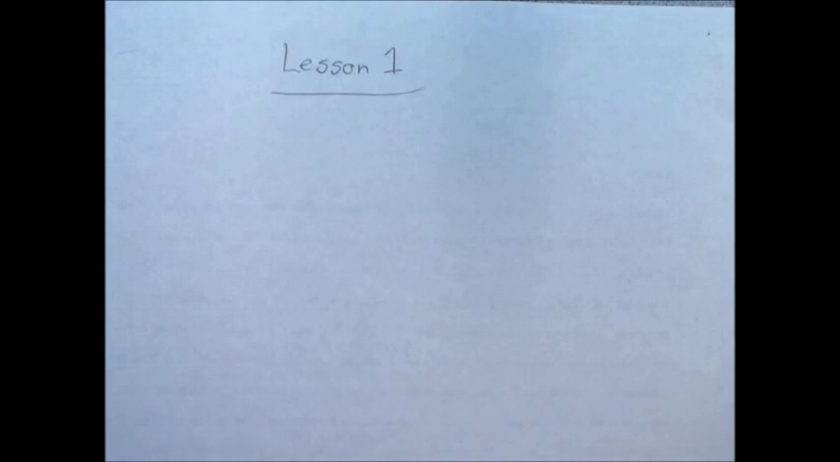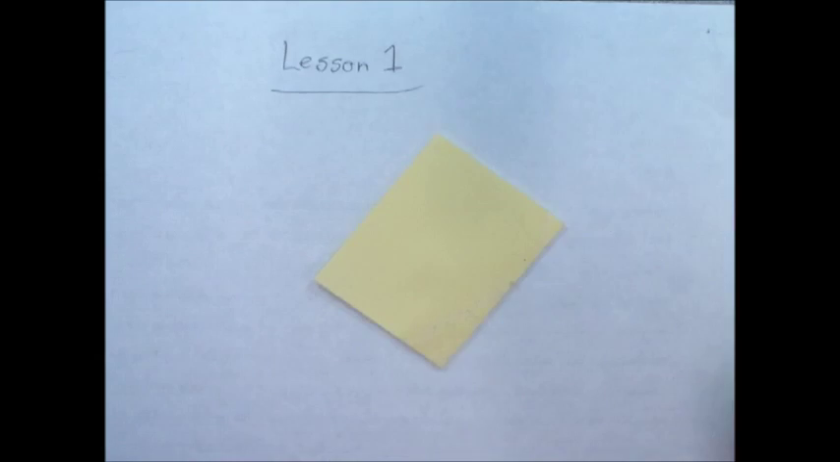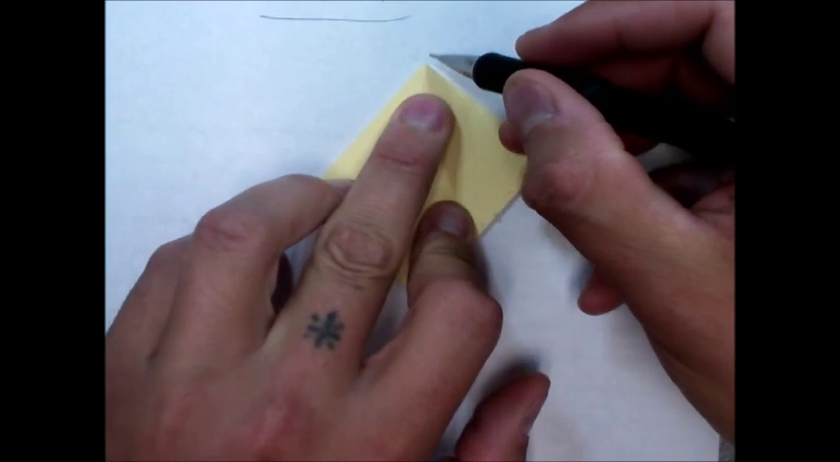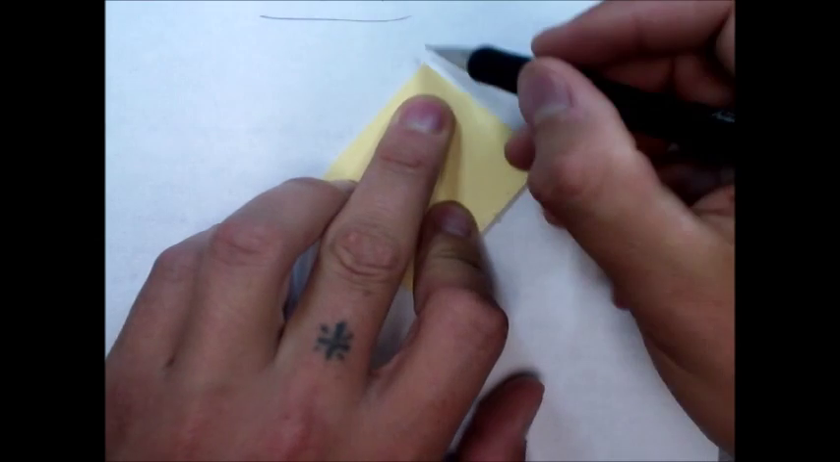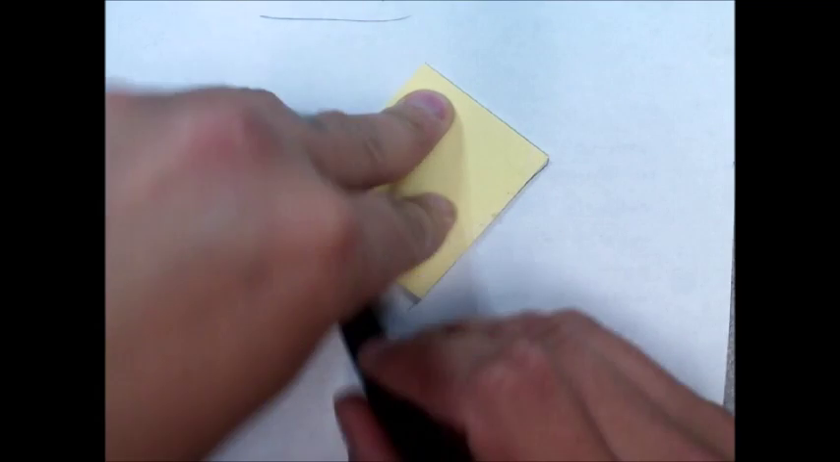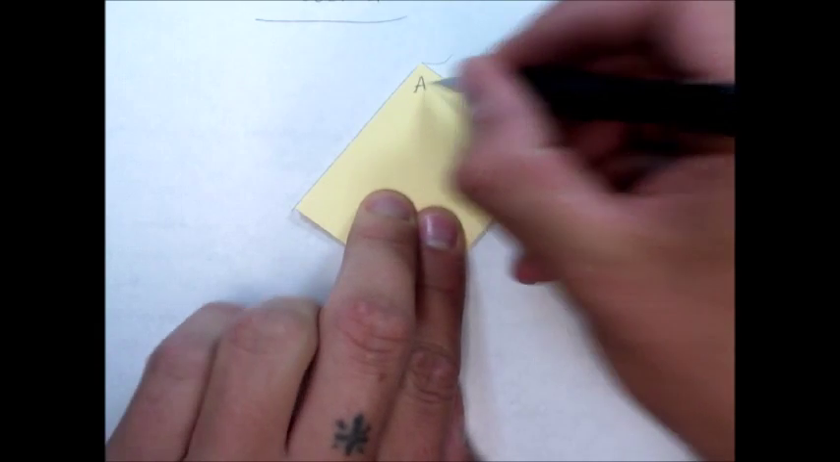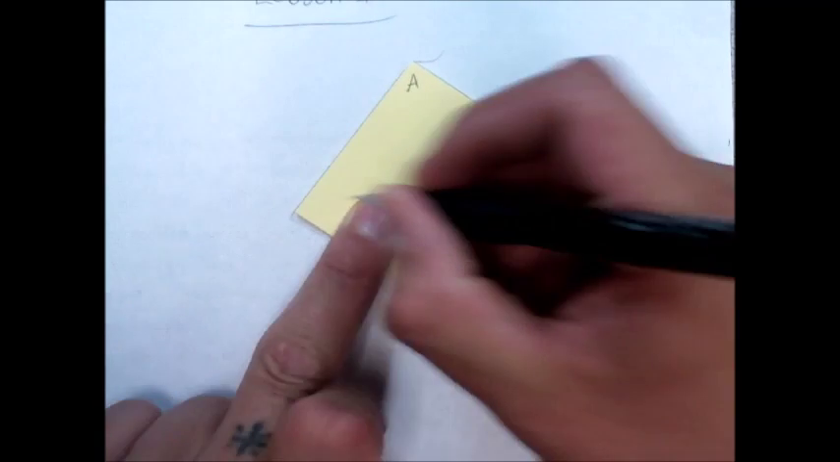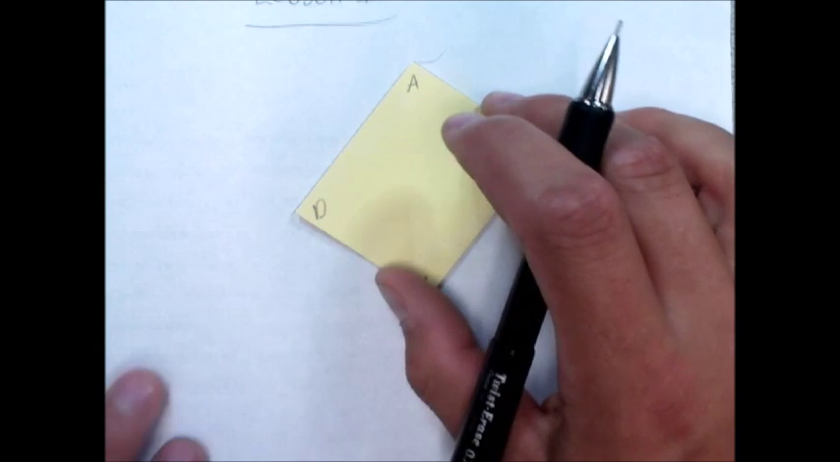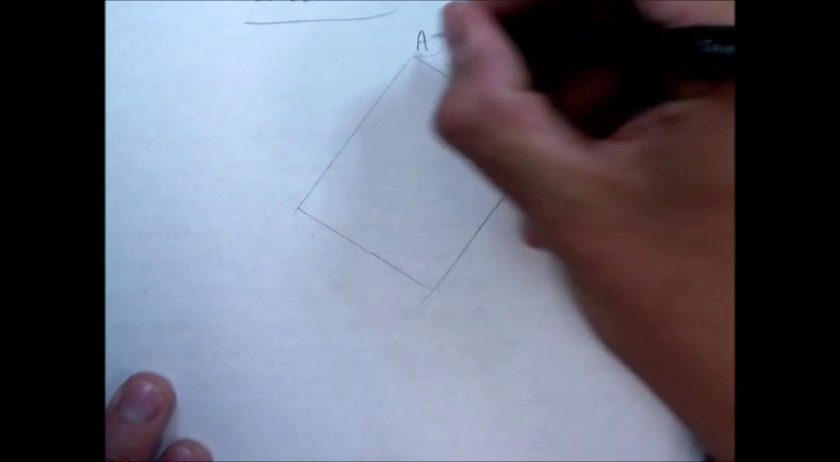Lesson 1, we're going to start with transformations, understanding rigid motion. So if I took this, let me see if I can find something smaller. Okay, this is just a sticky note, and if I wanted to, quote unquote, transform it, I would literally just move it from its original spot. Let's name these corners A, B, C, and D. So on my quadrilateral